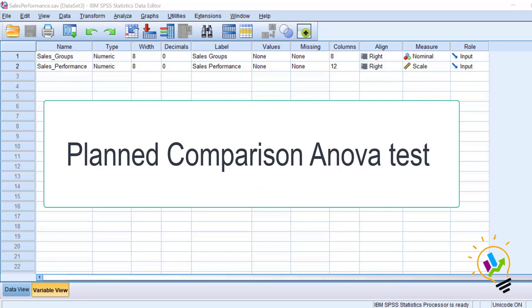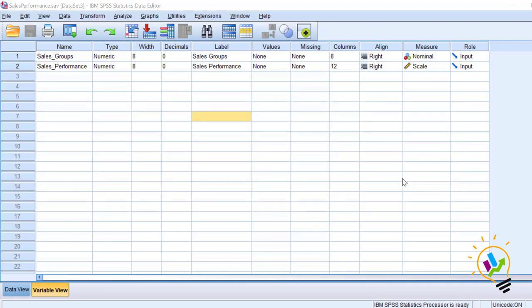In this video I am going to discuss one-way ANOVA with planned comparison. One-way ANOVA is used to compare multiple groups towards a dependent variable. You can see this example. We have sales groups. There are four types of sales groups, which are nominal data, and sales performance is a dependent variable, which is scale data. When you want to know if there is any significant difference between the groups towards sales performance,